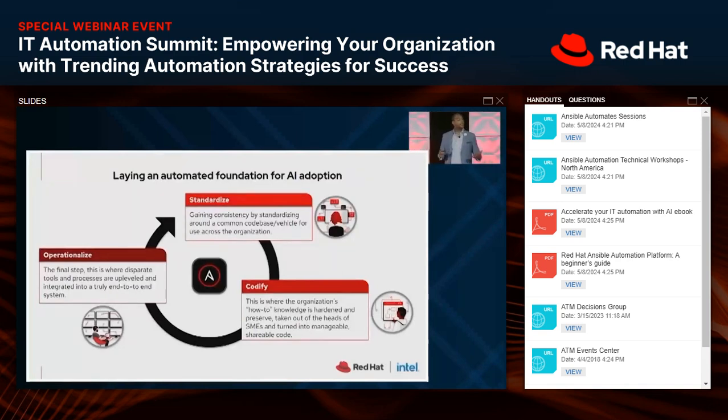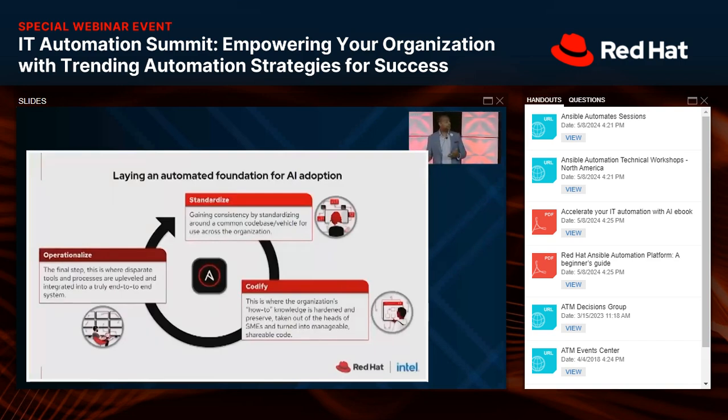You need to do the same thing with automation. You need to standardize how you're going to automate, how you're going to write your content, where you're going to store it, how you're going to name your variables. I know all those things seem very micro and very specific and maybe not so important, but they do become important because in order for you to automate at scale, you do have to have a strategy. In order for people to want to use your strategy, you have to document it in some way, right? So that standardization is actually really important.